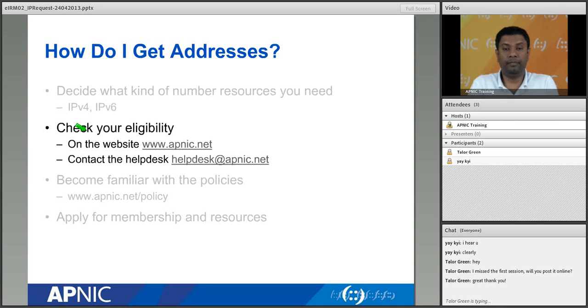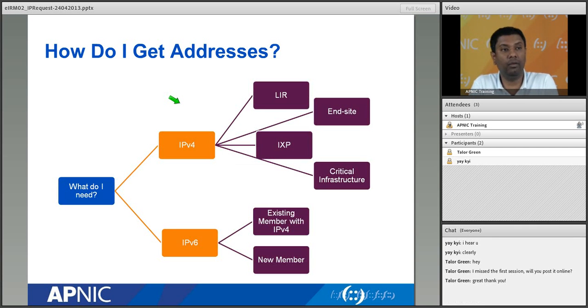All right, so in terms of your eligibility, check whether you will be qualified to get addresses or not. Let's see how you'll get addresses, to see the eligibility criteria. First, you need to decide what you need. You need IPv4, right? Under IPv4,